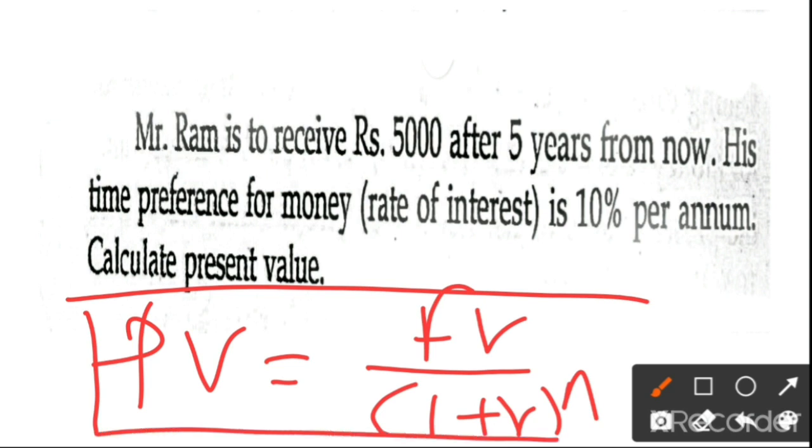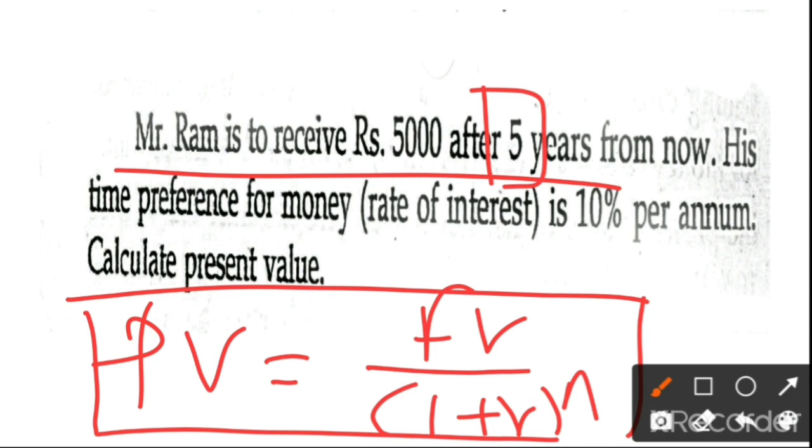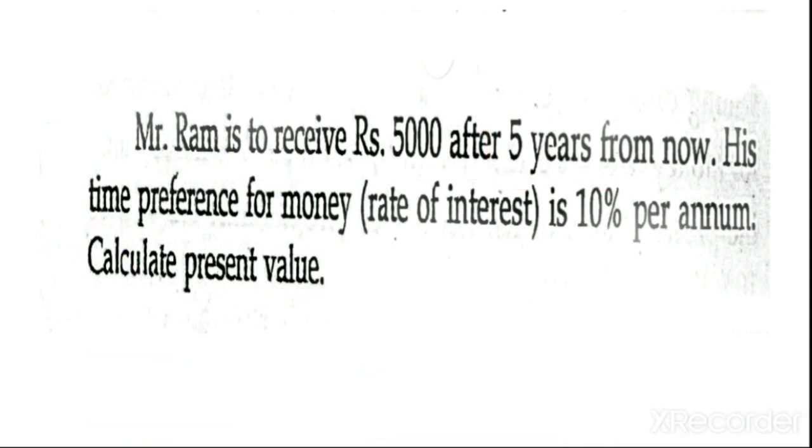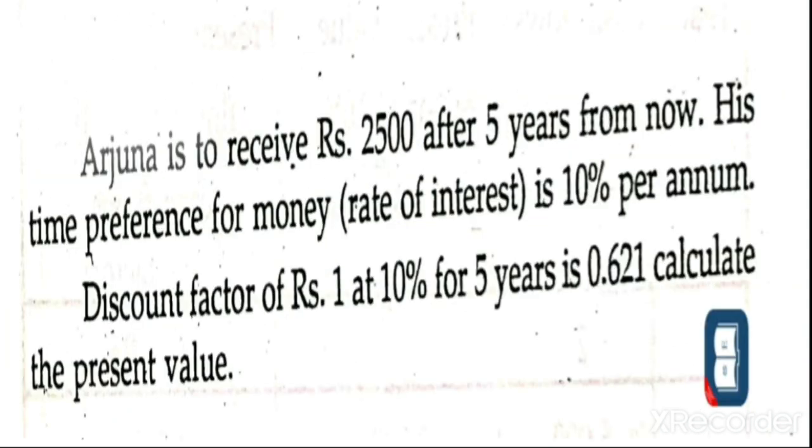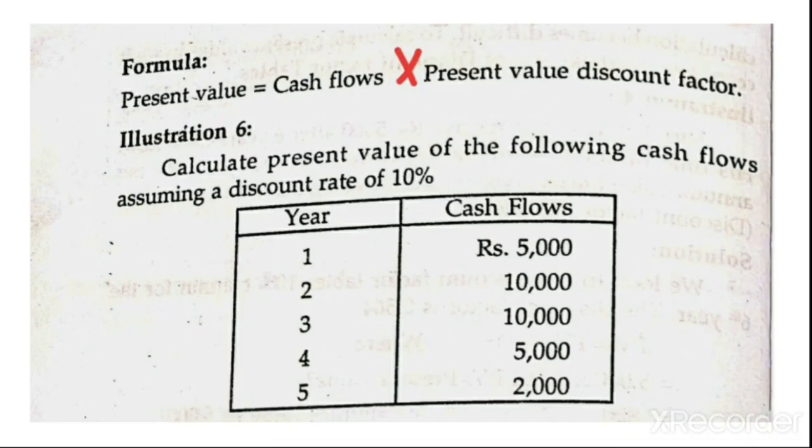I am repeating this to clarify which is the series method and which is the single method. If they give single year information, a particular year, for the particular cash flow, then we calculate the present value this way. This is single. And now in today's class we are going to discuss series problems.